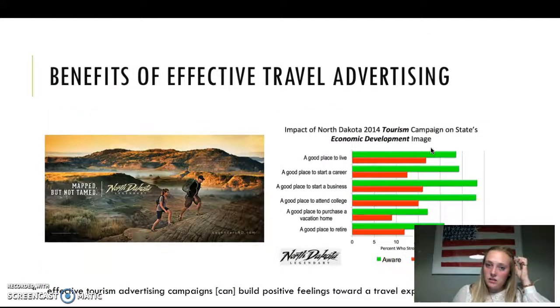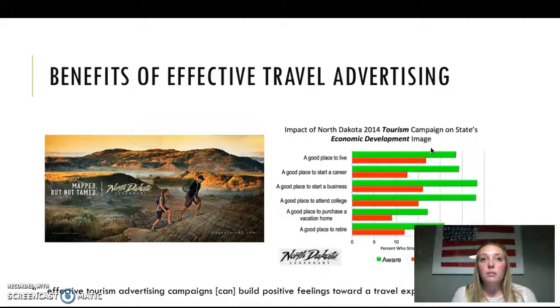So then this shows the benefits of effective travel advertising. It's North Dakota's campaign, Visit North Dakota, and their slogan is "mapped but not tamed," which is already kind of adventurous, and the picture is obviously very beautiful. But at the bottom it says effective tourism advertising campaigns can build positive feelings toward a travel experience and inspire travel. This was from an article that I read about how travel advertising can be effective and overall benefit the destination. So all of these things in the graph on the right show how after this tourism campaign,